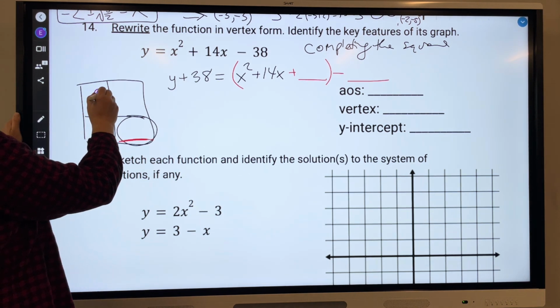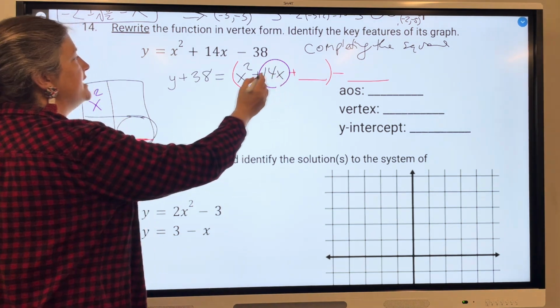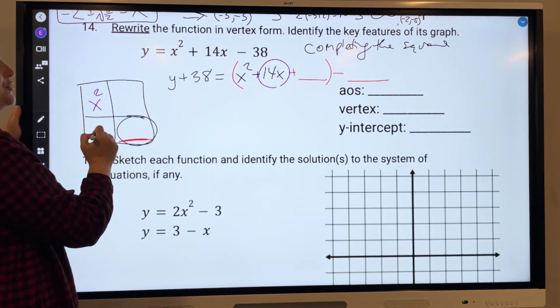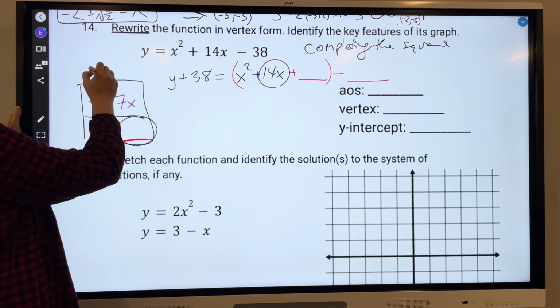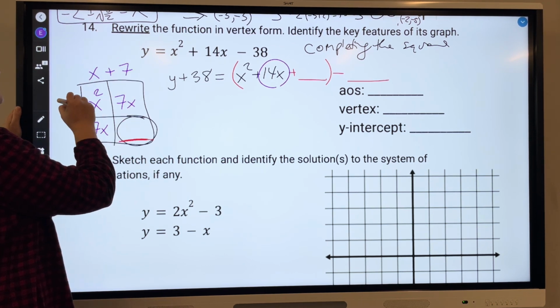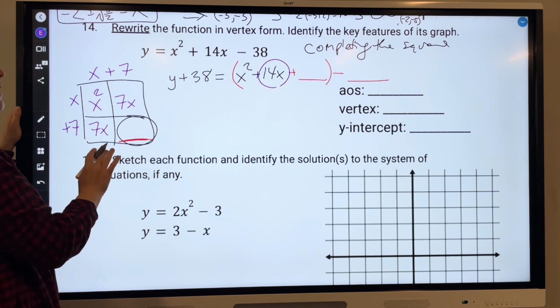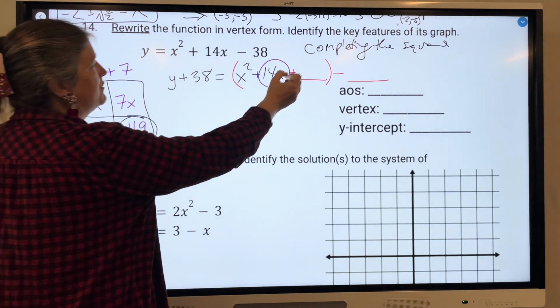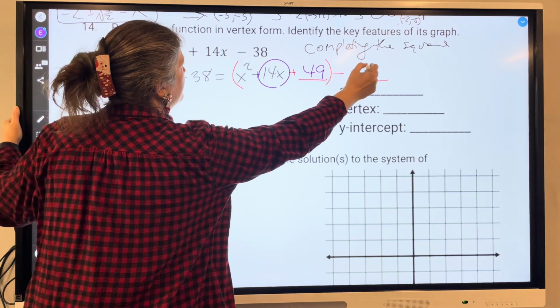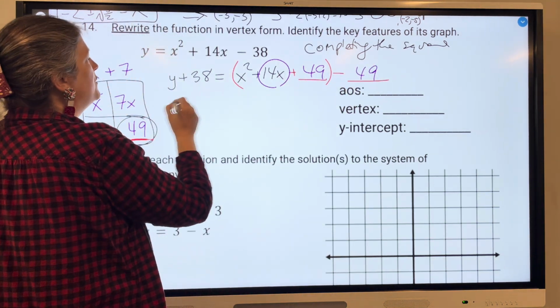I put my x squared here. I need my 14 x's to be evenly distributed. So I get 7 x's here and 7 x's here. So I have x plus 7 and x plus 7. Now it's a square. So what goes here? 49. So I'm going to add 49 and subtract 49. And that will allow me